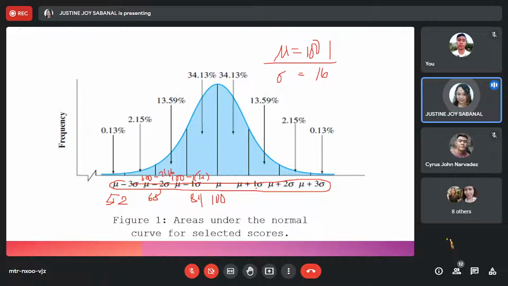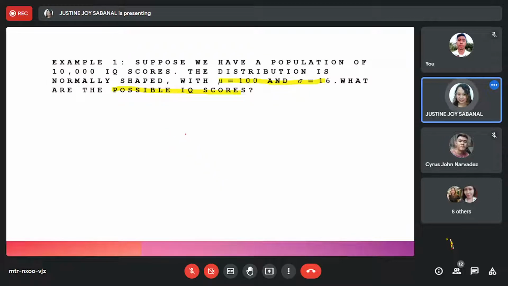So dun naman sa pakanan, so 100 plus 16 is 116. 100 plus 32 is 132. And 100 plus 48 is 148. So to answer this question po, you just have to state that the IQ score or the possible IQ scores ranges